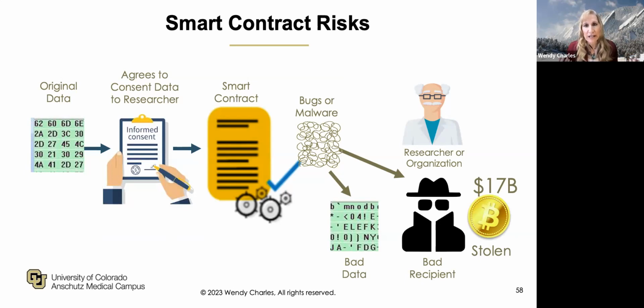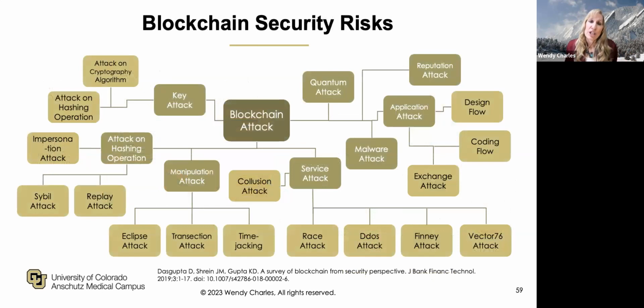No one has produced a final number for how much cryptocurrency has been stolen. I did my very best to aggregate the numbers from reports I've seen, but these are only reported outcomes, that at least 17 billion has been stolen from poorly designed smart contracts. And when we think about blockchain itself, blockchain can introduce some of its own risks. For those of you familiar with information technology, you'll see that some of these risks are inherent with any cloud-based system. But it can, at least in theory, introduce some risks about how the technology can operate.